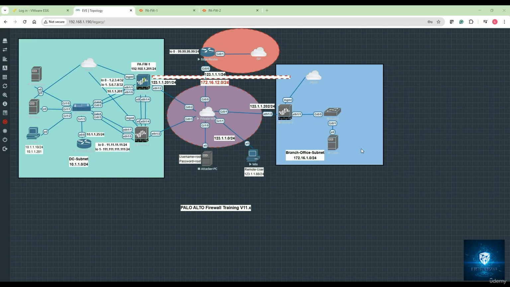Hey all, welcome back. Here in this section, we're going to discuss the configuration of Palo Alto GlobalProtect, which is the remote access VPN solution. As discussed earlier, this Windows client sitting on the outside network is going to act as my remote user, sitting on this IP address of 123.1.1.88/24. PFW1 is going to act as my gateway, between which my SSL VPN will be established,